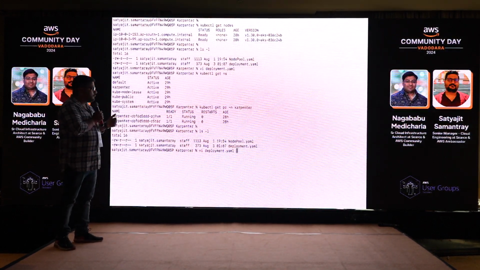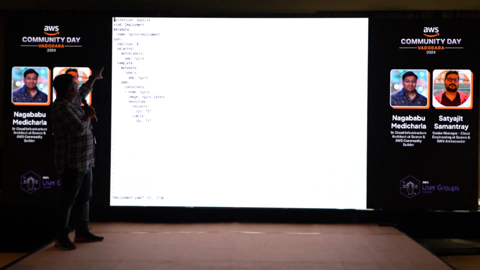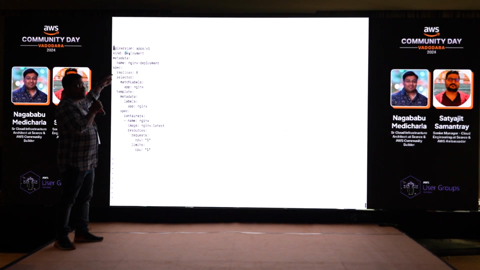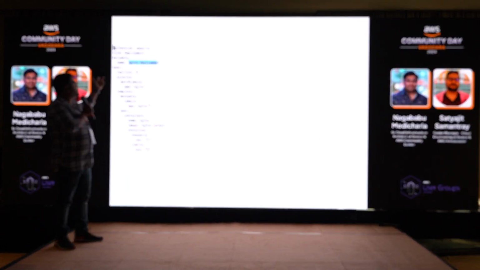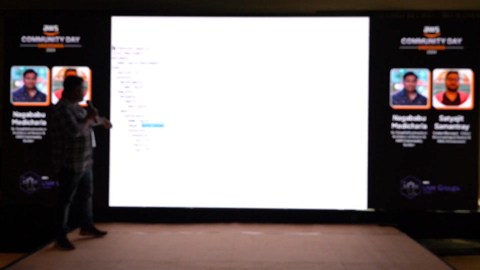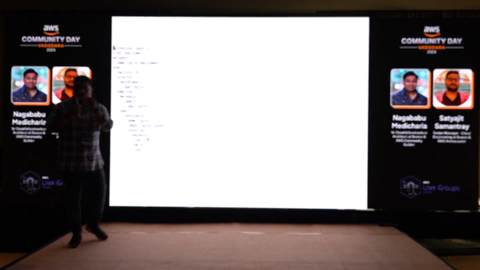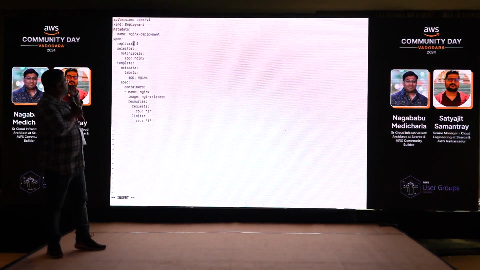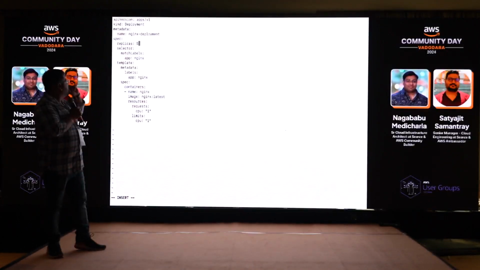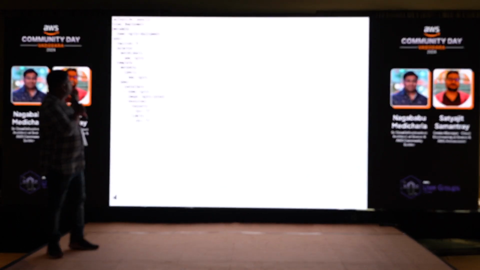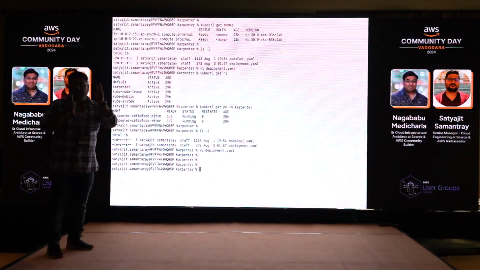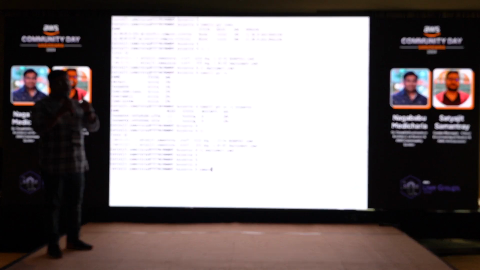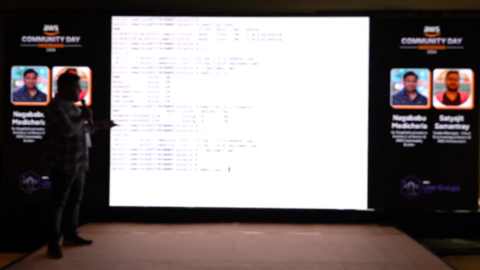Now we have created the deployment file. The deployment file has 0 replicas. We will increase it to 10 or something, right? We have specified CPU equal to 1, so it means each pod takes only one CPU. We added 5 replicas. Our 2 nodes are running, so a maximum of 4 pods can run, and 1 pod will come into pending state.